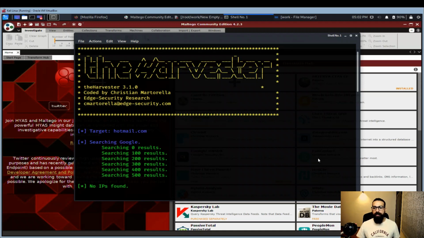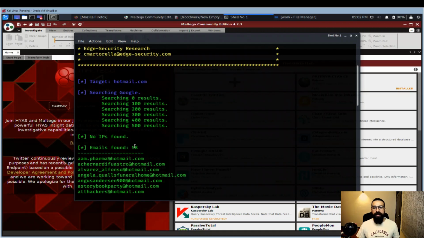A basic search gave us lots of information, 58 email addresses to begin. So let's copy a few of them into a CSV file and import them into Maltego for further analysis. The reason for copying a few is the ease of maintaining the operation, because in Maltego you will see a massive connection of just a few email addresses. So let's start step number 2, importing the data into Maltego for further analysis.